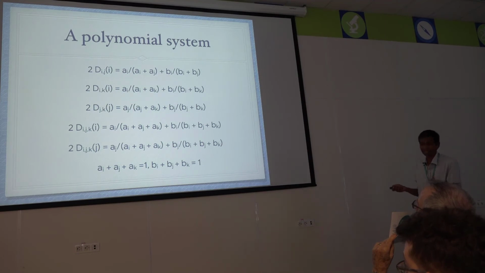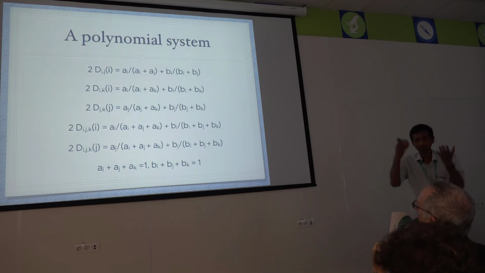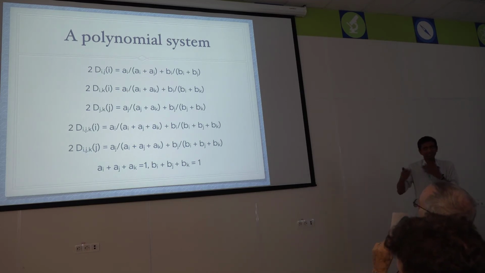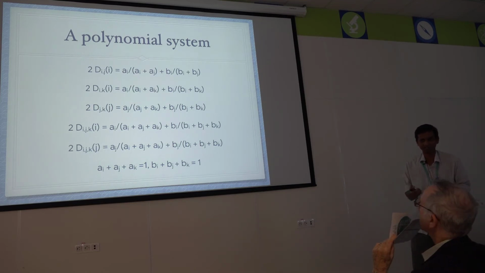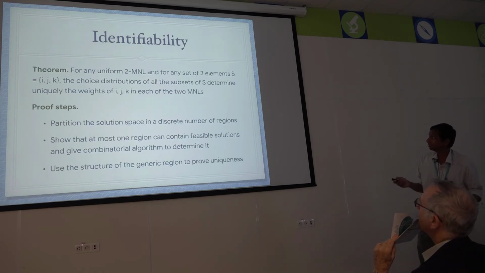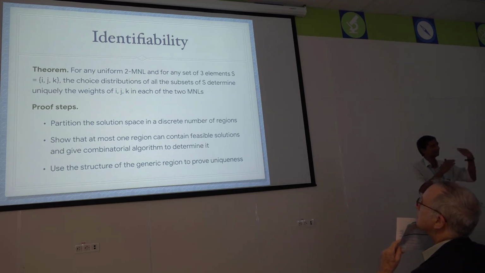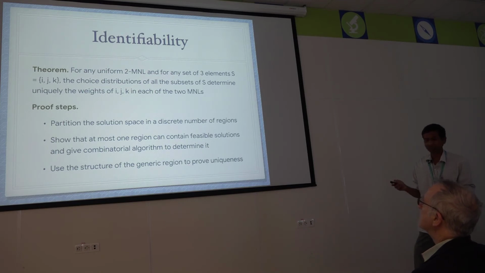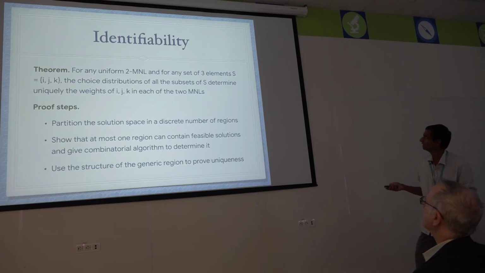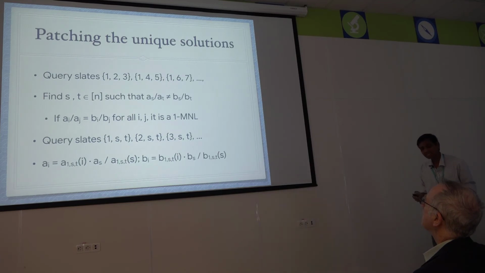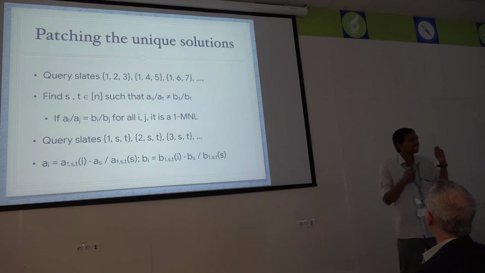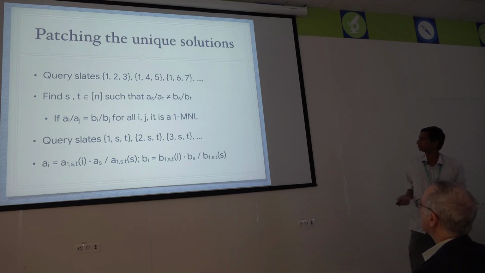So even though it is finite, we are talking about a small number of variables, it turns out that solving this is actually non-trivial. Now we tried using Mathematica or Maple kind of tools to do that. They can't do it over like 2 or 3 days actually. But you can analytically show that this system of polynomial equations actually has a unique solution, and it's a fairly messy proof. Yeah. So what it means is that using the winning probability for 2 or 3 slates is enough, it uniquely identifies the 2 MNL mixture. Okay.